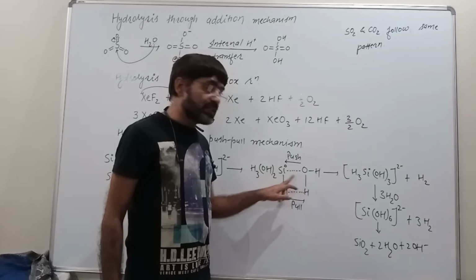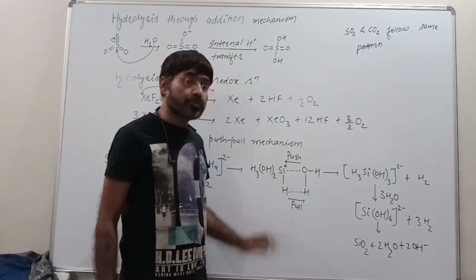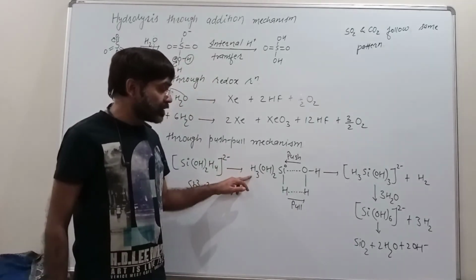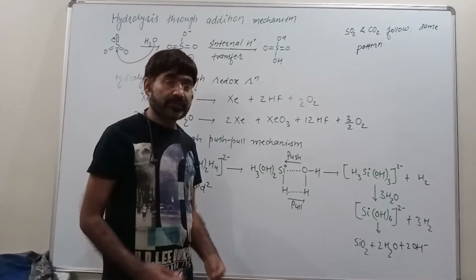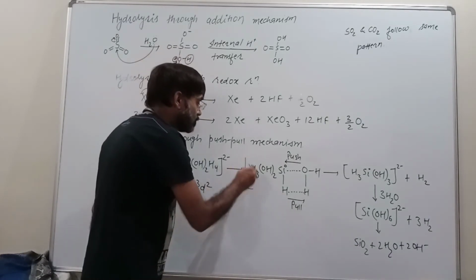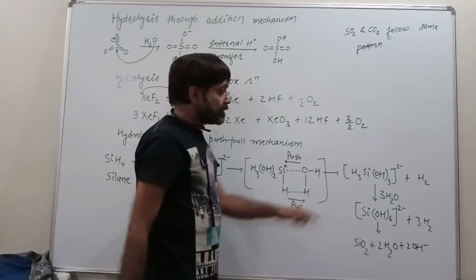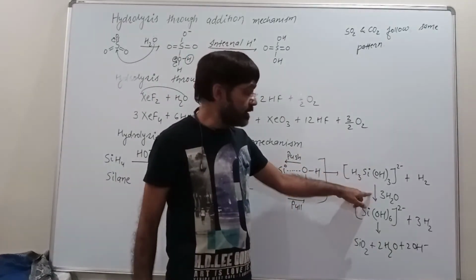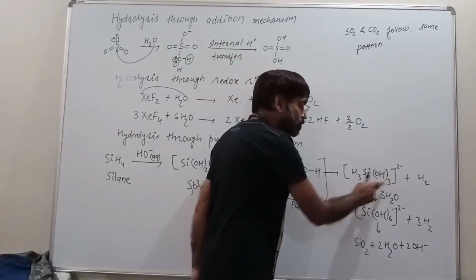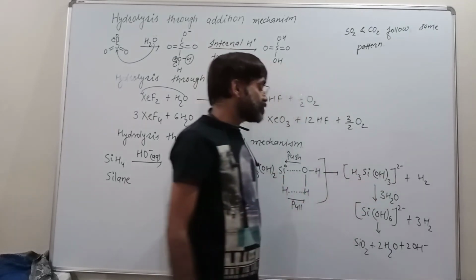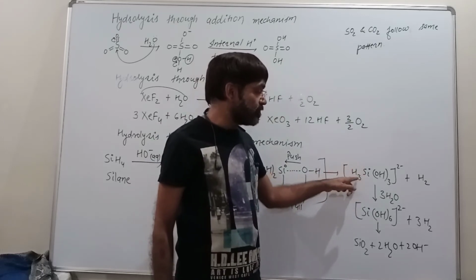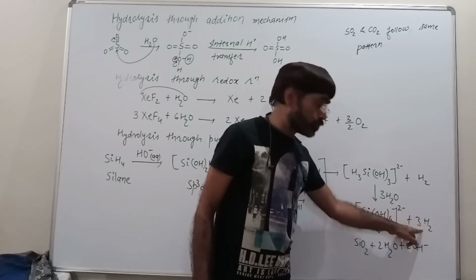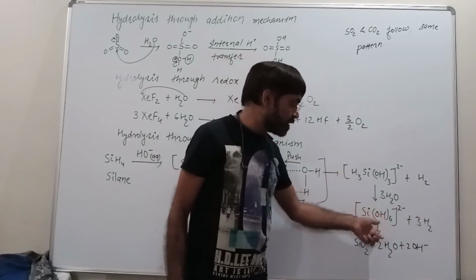Fine. So this is nucleophilic substitution by the push-pull mechanism. The result of this is that one of the hydrogen atoms of silicon has been replaced by OH of water. Is that clear? Now the compound formed still contains 3 more hydrogens. So the same push-pull mechanism will be repeated thrice over this species. And the result of this is that all the hydrogen atoms of this species go with H of water to form 3 more H2, and all these hydrogens are replaced by OH of water.